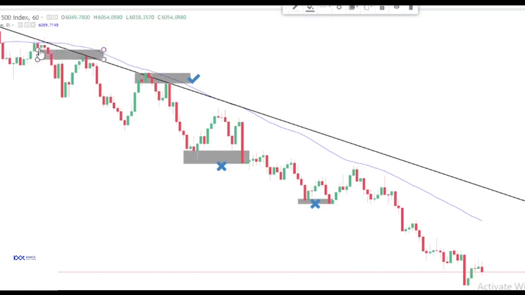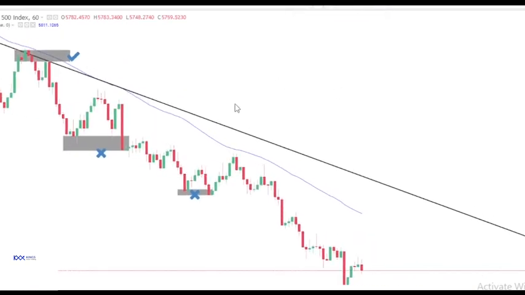We have our M pattern here, so we are still going to take this trade. It's a good trade for us to take when the price retested, and you can see the lines are there. So now if we go here, you can see this one is also a good trade, though